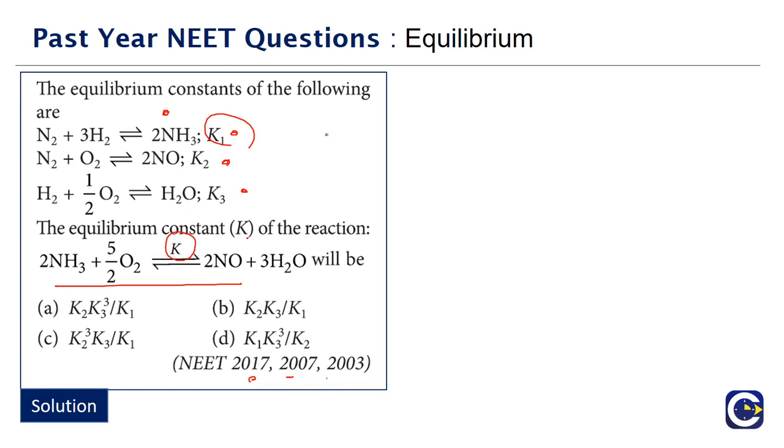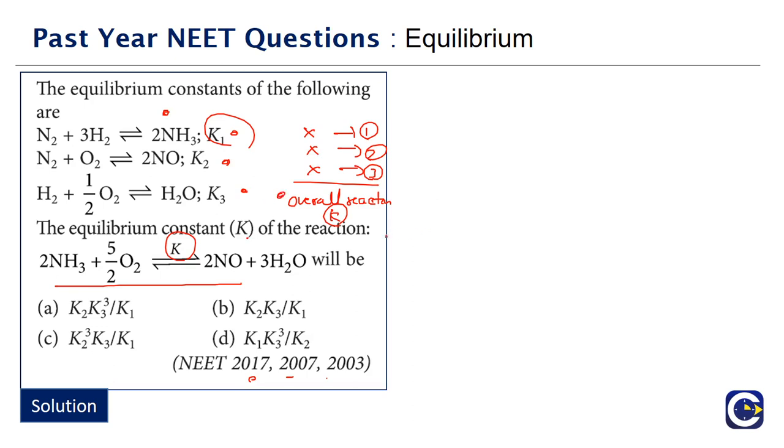If you have step reactions, let's say equations 1, 2, 3, and we are able to add these equations to get an overall reaction, then the product of the equilibrium constants of these step reactions will be equal to the equilibrium constant of the overall reaction. What is the relation in terms of the equilibrium constants? If you have step reactions, by adding them you get the overall reaction. The product of the equilibrium constants of the step reactions will be equal to the equilibrium constant for the overall reaction.